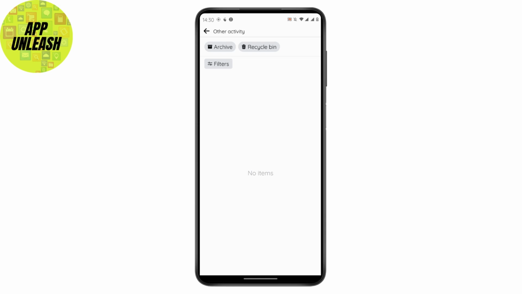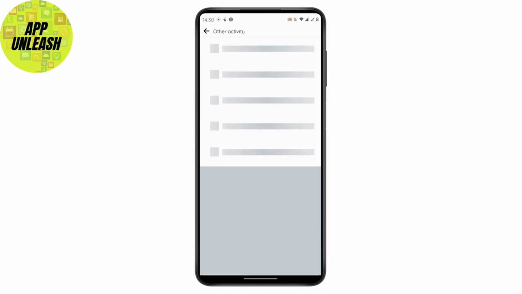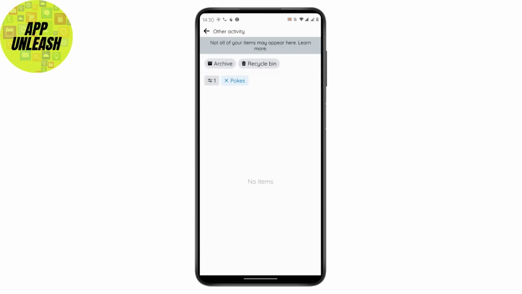you have in your Facebook, and from here you just have to tap on filters which is on the top. After tapping on that, just simply tap on category, and after tapping on category just simply tap on pokes. You will find it in the bottom, just simply tap on it, and after tapping on that you will find all